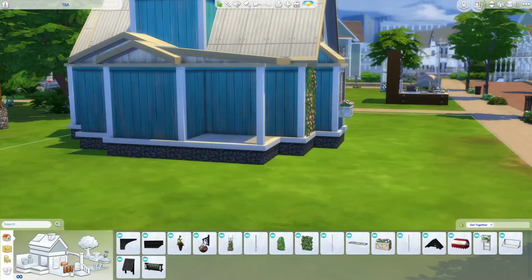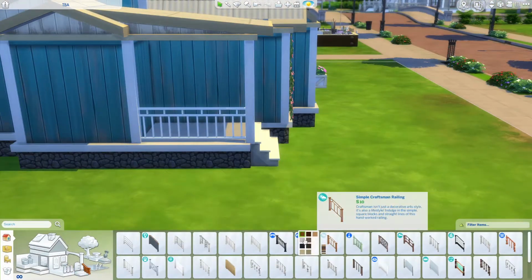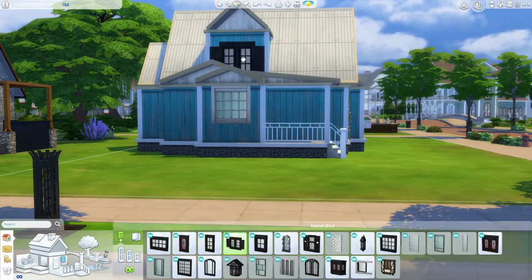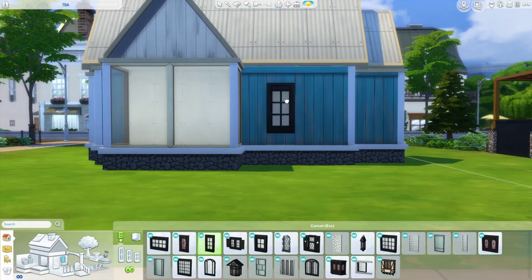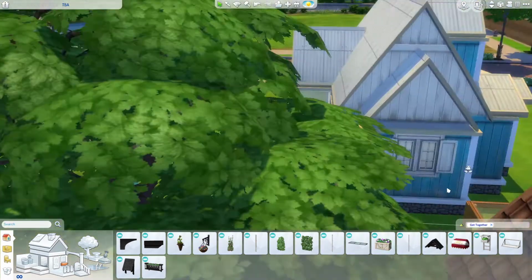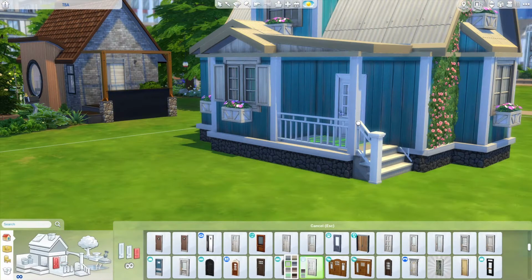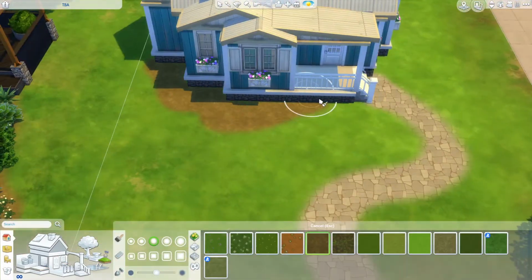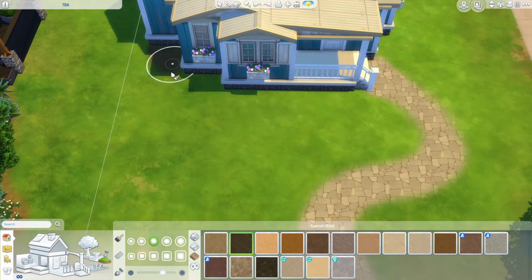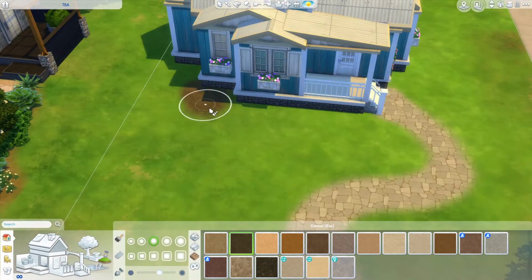So here we are now building a cottage in Newcrest, and I really like how it all turns out. It looks very cozy and very grandma looking without looking very old. I think that's how I feel about this build. But it's quite weird that I finished the whole landscaping first before I even figured out the floor plan, because normally I will